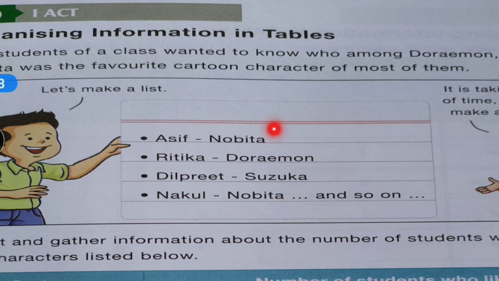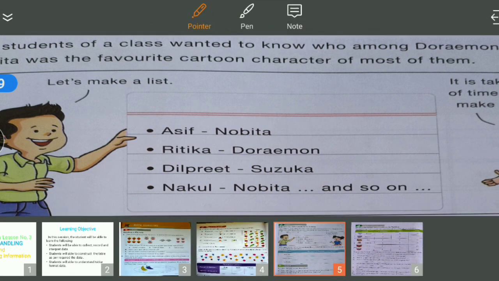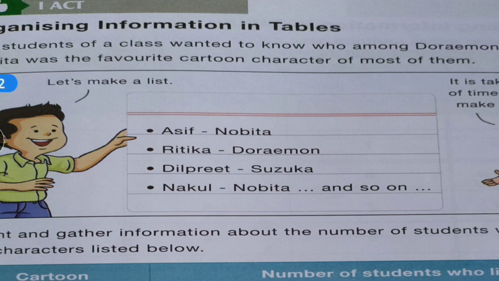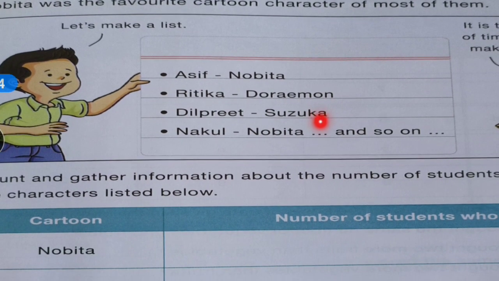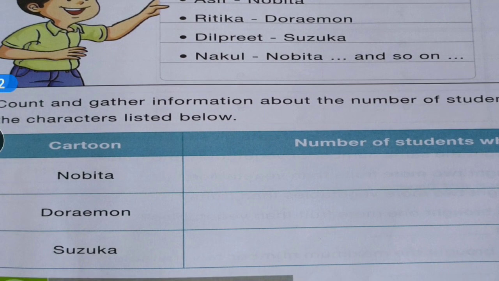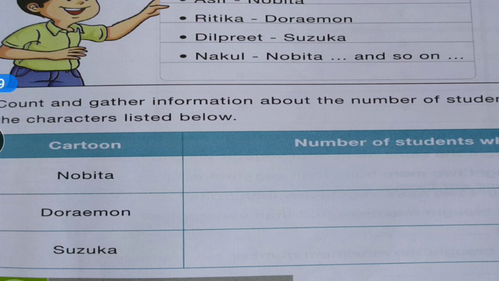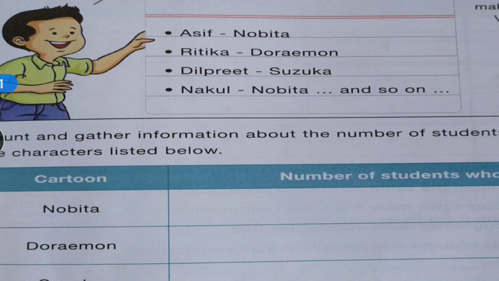so on. If we are making the list like this, then this list will become very long. To make it short, we have to arrange or represent or organize it in the table form. If we are making the list like this, then we have to make a list of 40 students, and then in front of that who likes which character. But we are asking here only about three characters, that is Nobita, Doraemon and Suzuka. Then instead of writing all the 40 students,